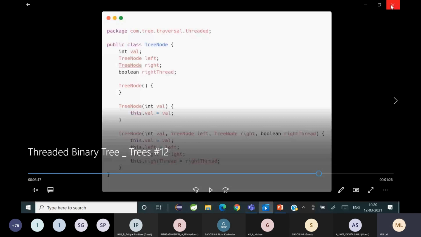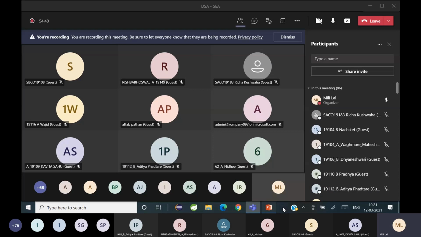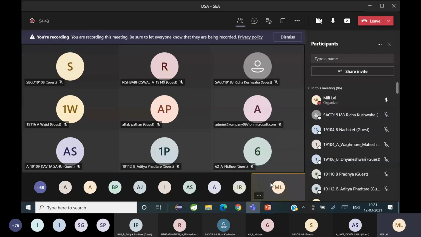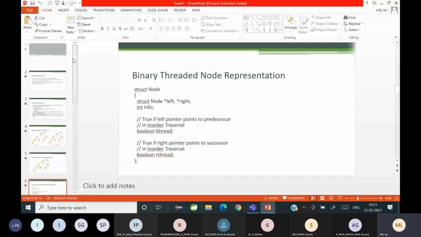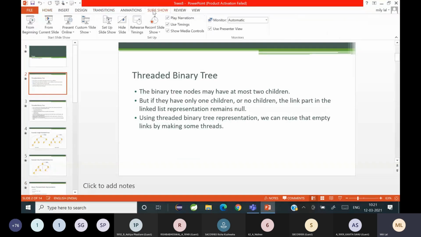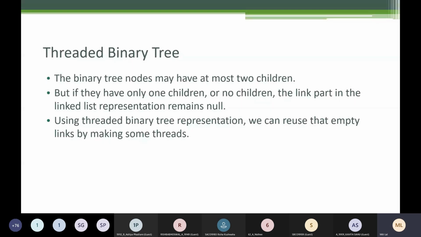Okay. So I hope you all have understood the basic concept of threaded binary tree. So going back to the PPT part, now you all have to understand what it is because we have already done the initial part. That is, binary tree nodes may have at most two children because it's a binary tree.